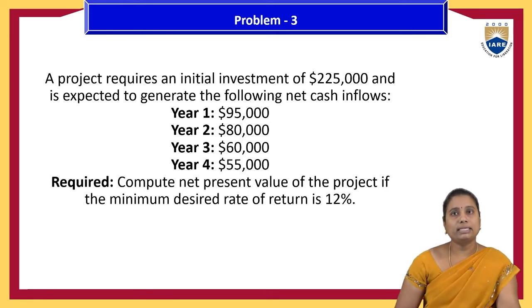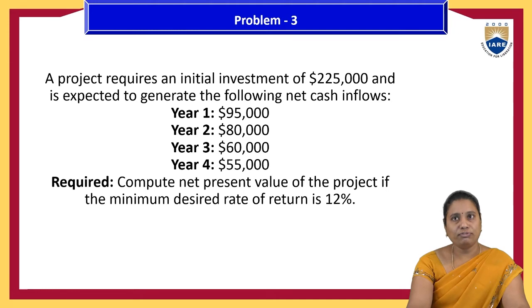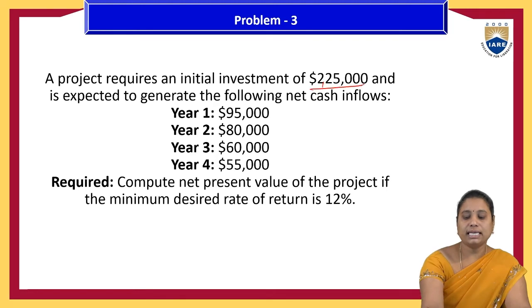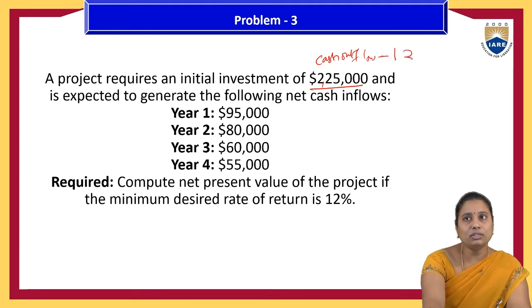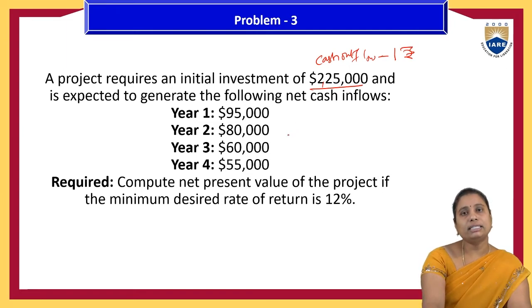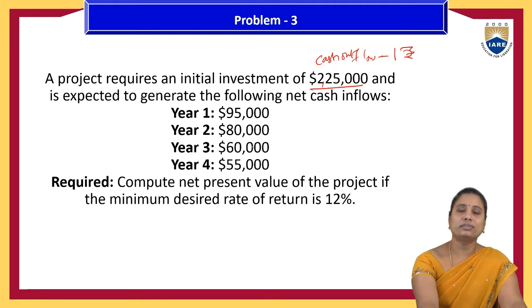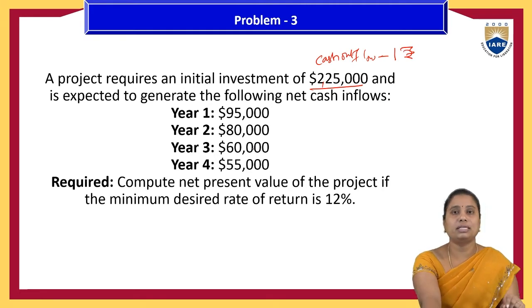A project requires an initial investment of 2,25,000, and this 2,25,000 is their investment, which means cash outflow. So always for cash outflow, at that time period, any 1 rupee value they will take as 1 rupee. But later, after 1 year, they'll think that the rupee value is going to be reducing. If you have any doubts, there is theory related to this NPV. Please clarify from that.